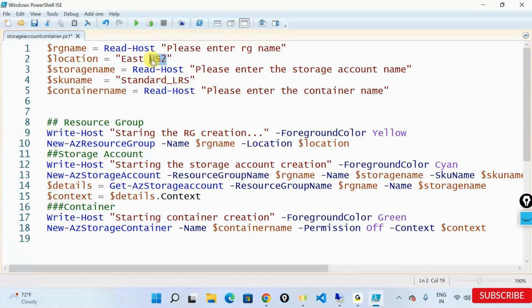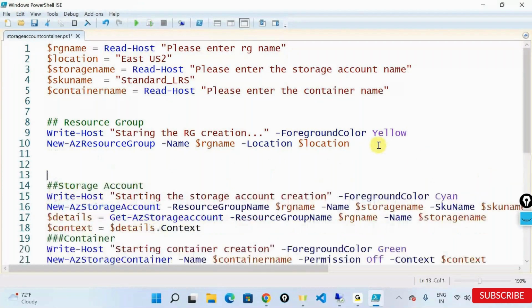Now, before I am creating, let's separate our script. Let's break our script into smaller pieces. We'll separate the resource group creation, storage account creation,